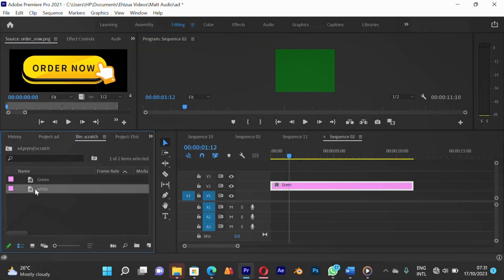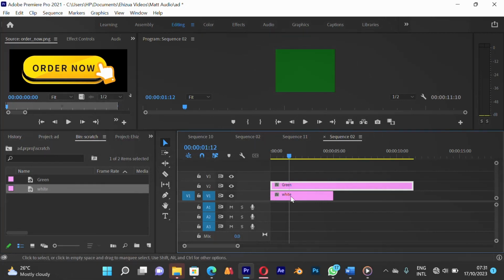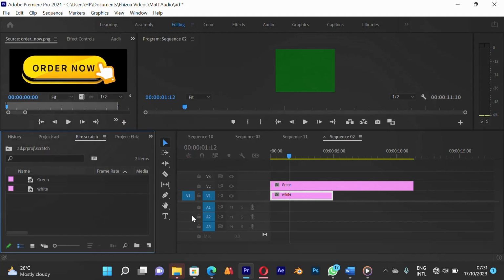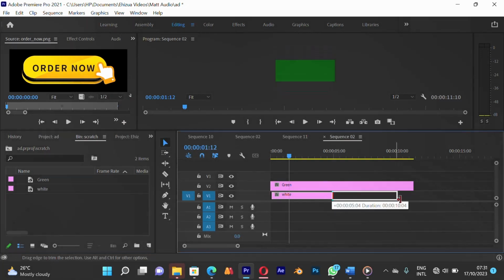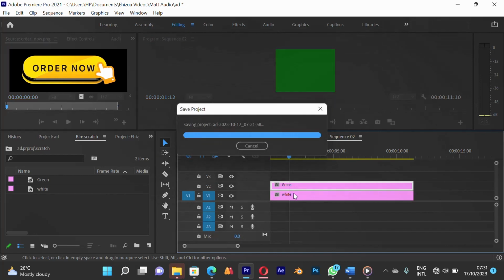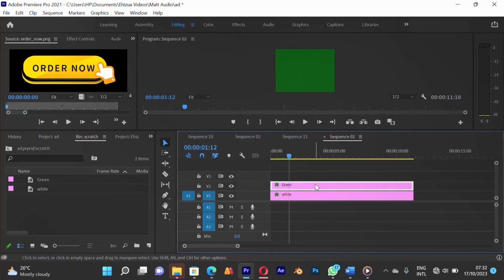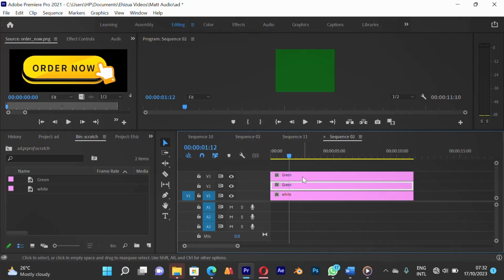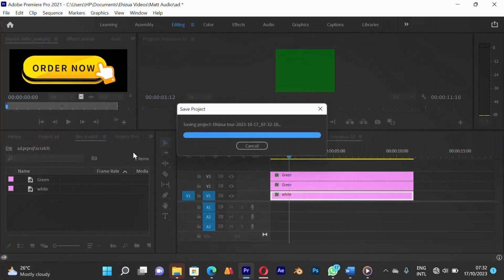All right, so let me drag my white into the background. This is my white color here. Okay, cool. My white is all white. So since we have the colors green, white, green, I think there should be two green layers and one white layer. So I'm going to duplicate this green layer by holding down my Alt and dragging up. All right, so I have two green layers and one white layer at the bottom here, so that I can work with. So let's go ahead now and create